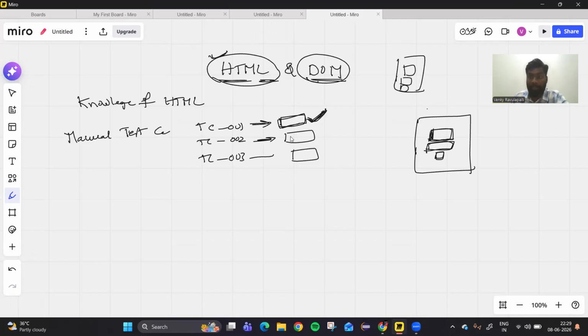First, we need to identify the particular web element, where it is present in the web browser, to do actions on it, right? So in manual test cases, how do we identify? The manual test engineer who is executing the test cases will identify by his own eyes. Correct. Now, coming to the automation testing, to execute these test cases, test case 1, test case 2 and test case 3,